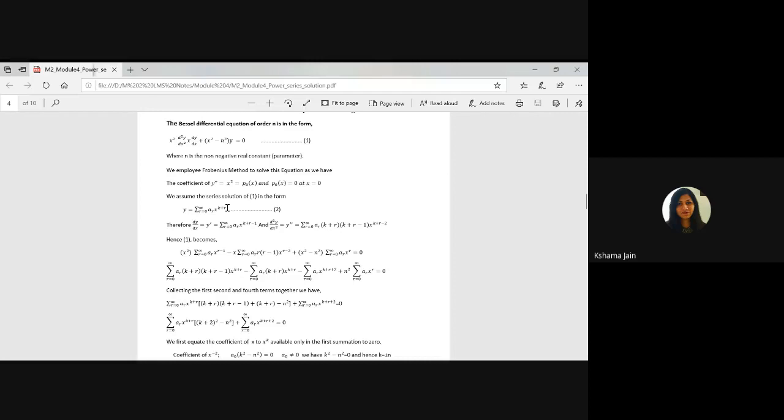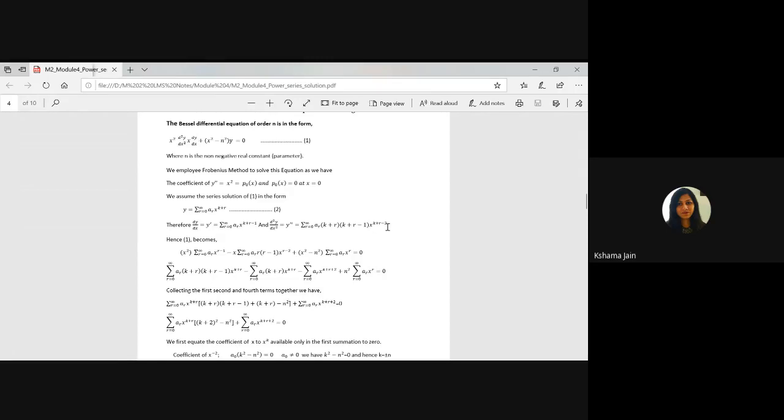Same as before, y is there, we need y dash and y double dash. We will find them after differentiating. First term differentiation, AR is the same. Why are they missing this term? Again here they have missed one term. K plus r will be multiplied with AR, x raised to power k plus r minus 1. Second differentiation, AR times k plus r, and k plus r minus 1, x raised to power k plus r minus 2.